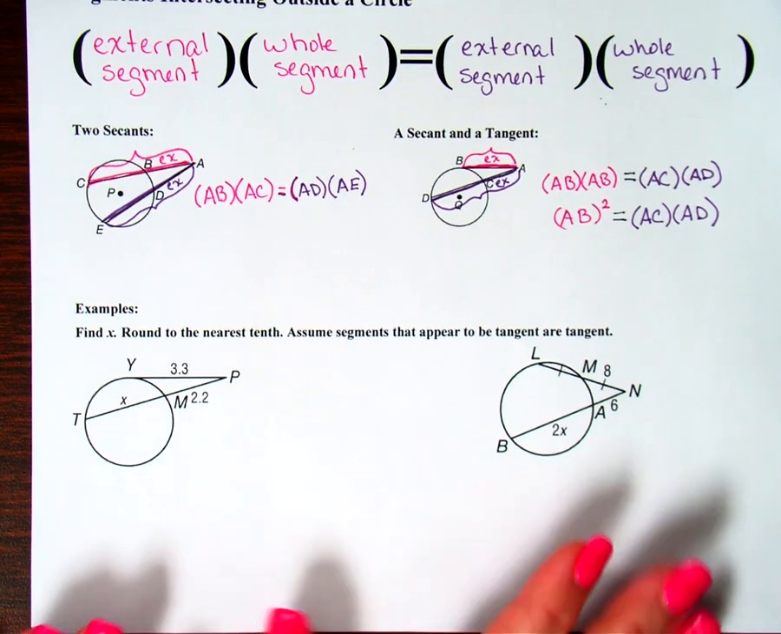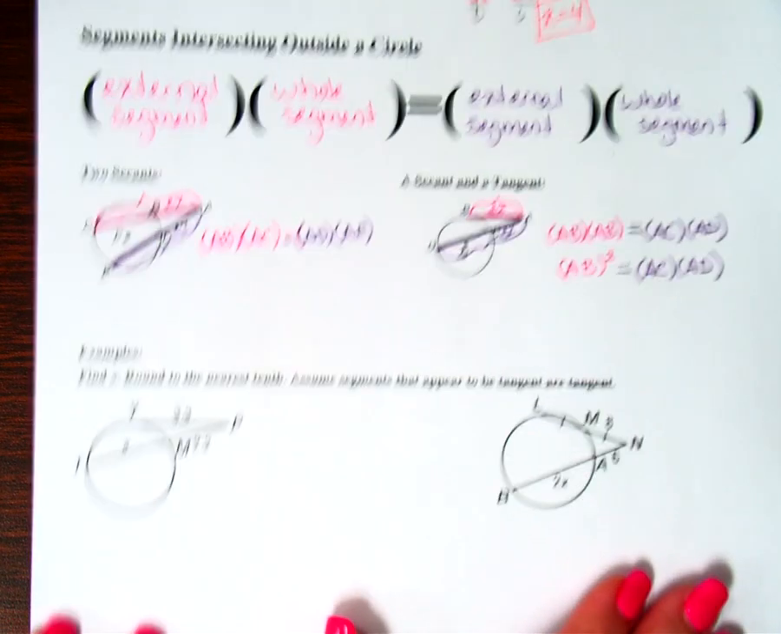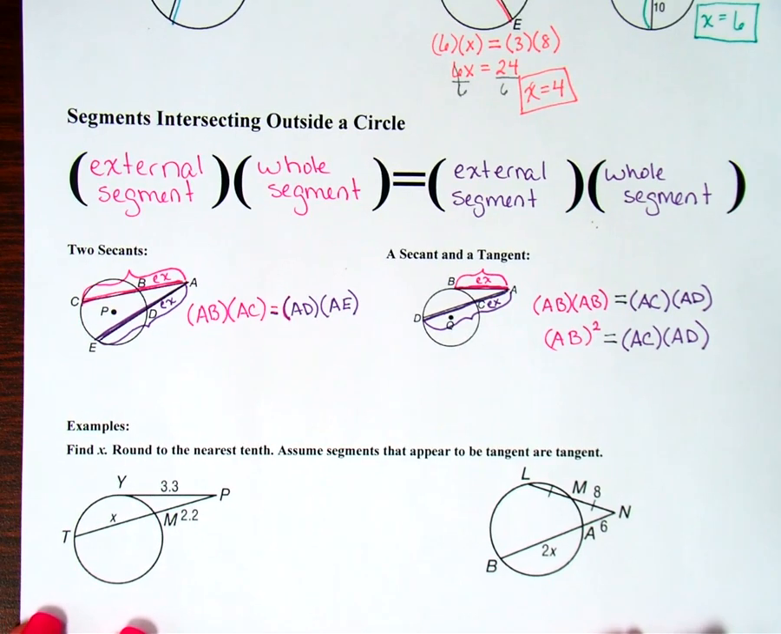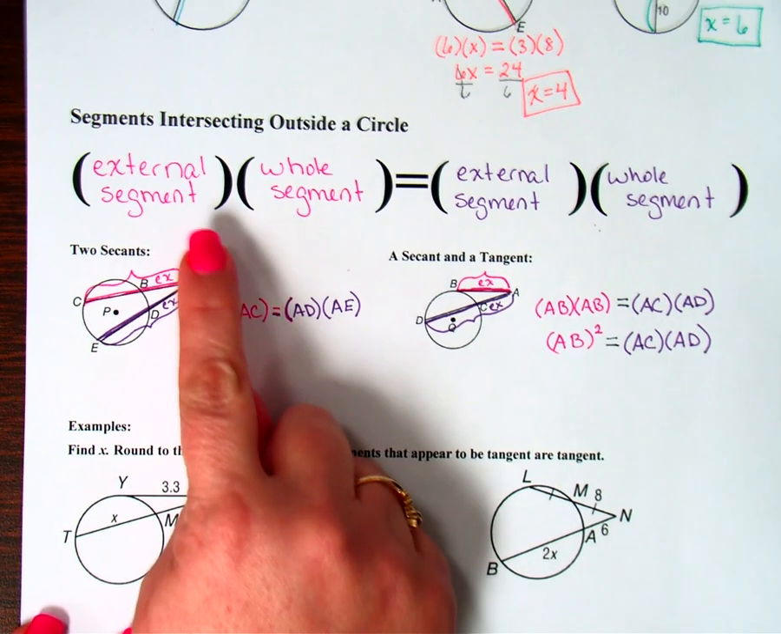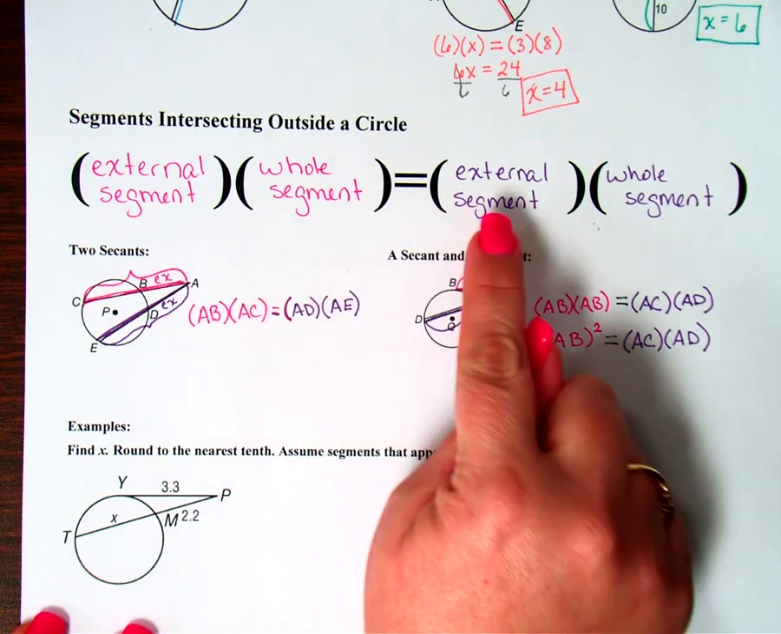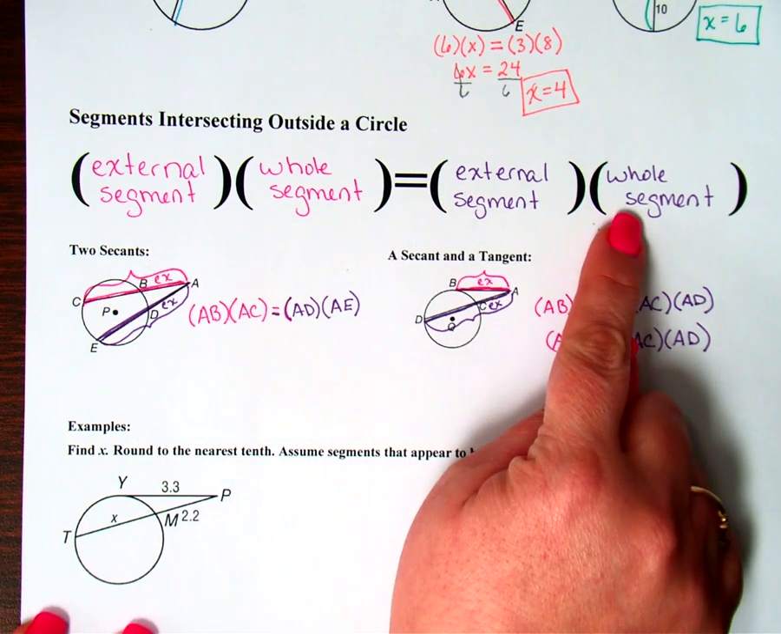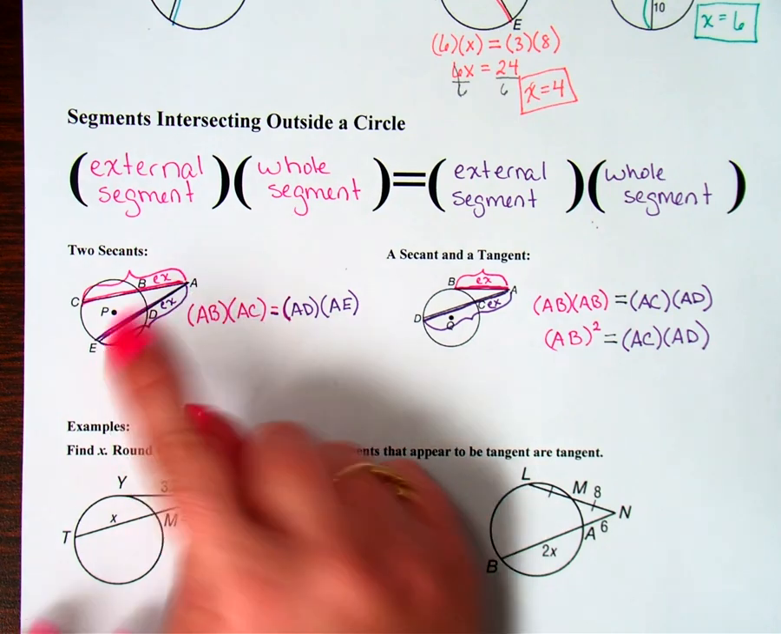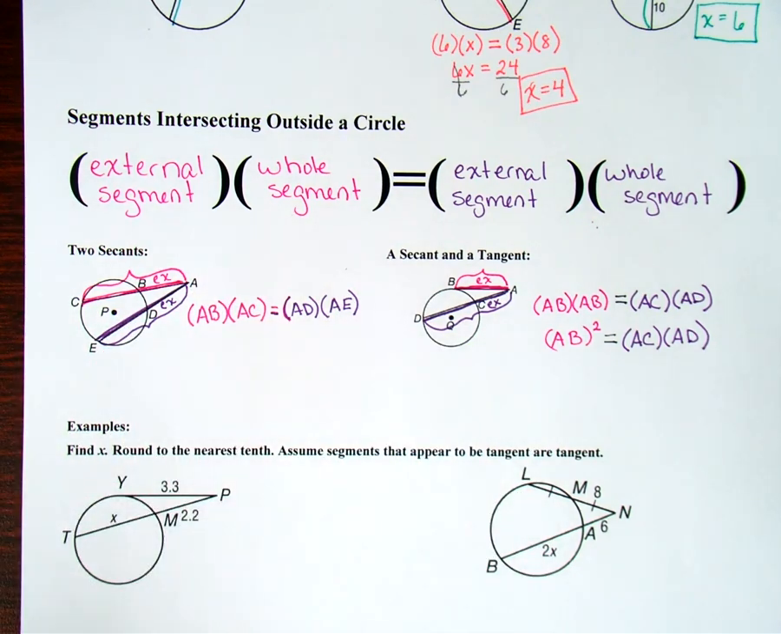All right, welcome back. So we are in the second video, and we had just talked about when you have segments that intersect outside a circle, you do the external piece times the whole piece of one of the segments is going to equal the external segment times the whole segment of the other segment. Okay, so let us look at what that looks like